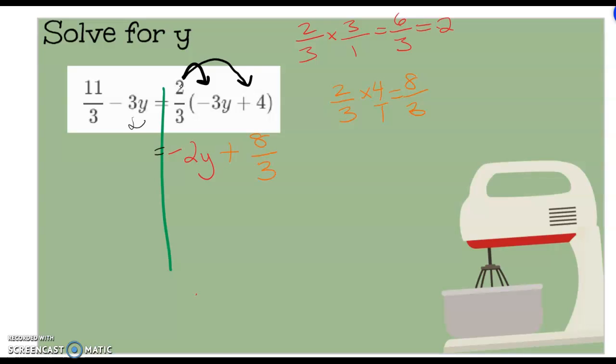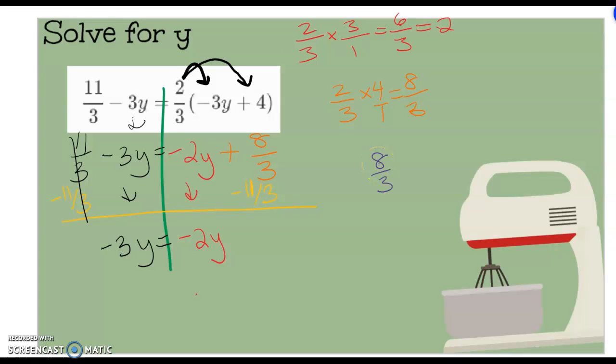Did I do anything to this side? Nope. So I'm just going to bring it straight down as is. I want this negative 3y to be completely by itself. So in order to do that, I need to subtract my 11 over 3 from my 8 over 3 because they're both a fraction and they both don't have y's. So right here, these are going to cancel. I'm left with negative 3y equals negative 2y. And if I'm subtracting fractions, 8 over 3 minus 11 over 3, they have the same denominator, so